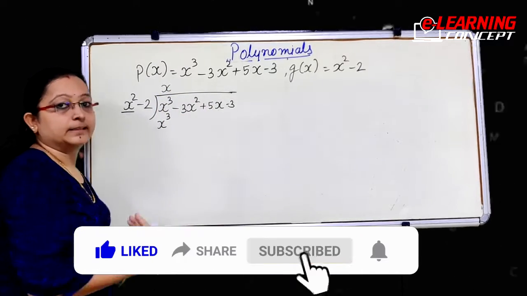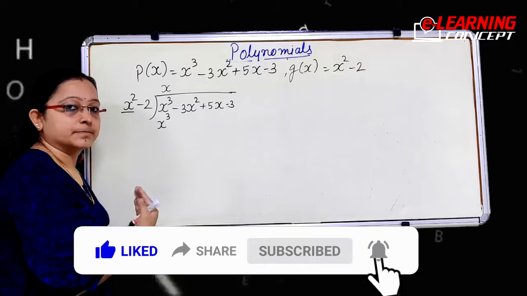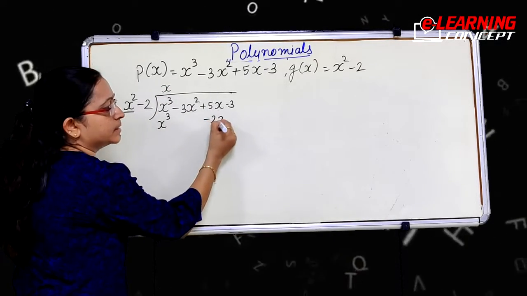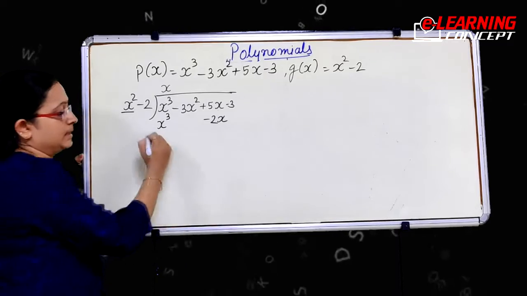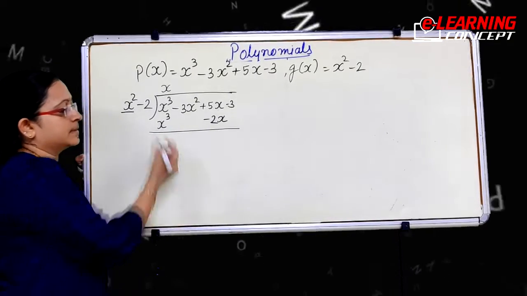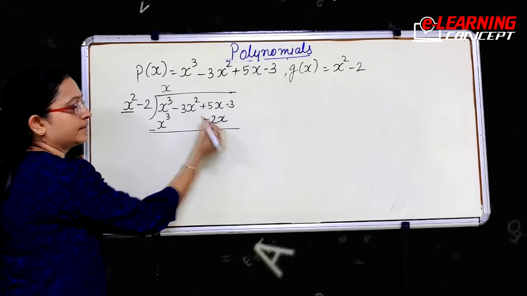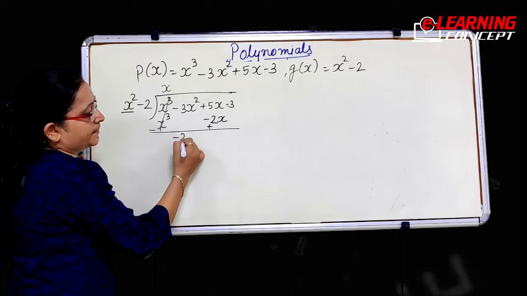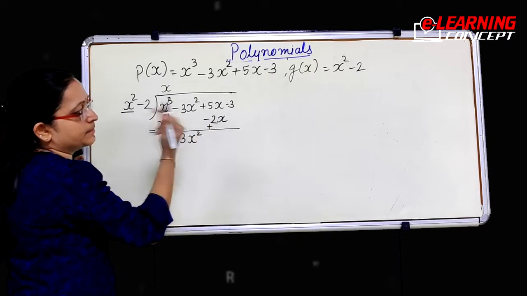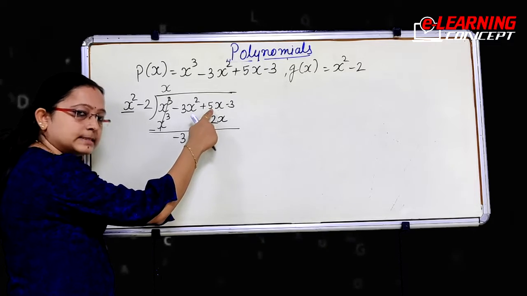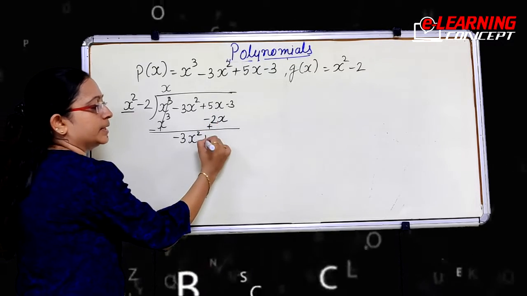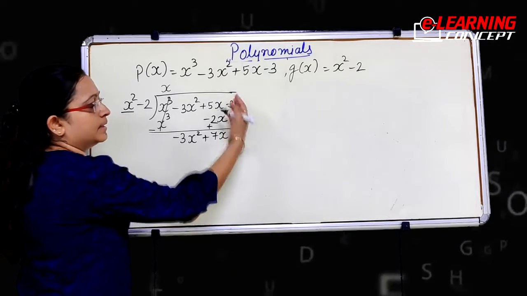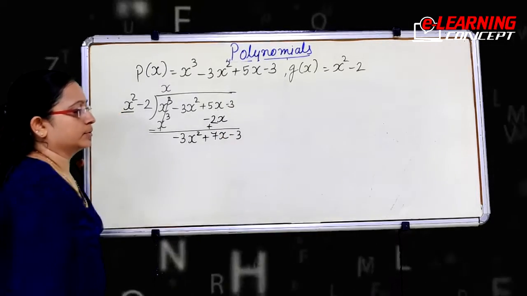Always we write the terms below their like terms. So here x we have, so this one would be below that, minus 2x. Now we always take subtraction, changing the sign. We will get this term here. Simplify this: plus 5x plus 2x, so here it is 7x, 5 plus 2 is 7. Taking the last term down.